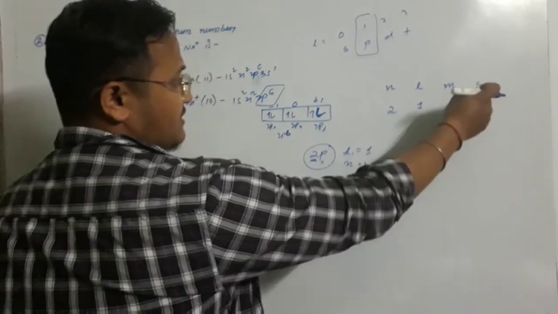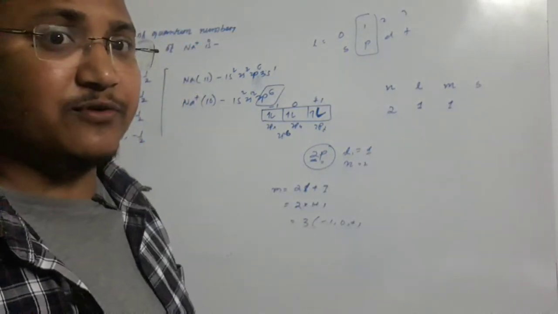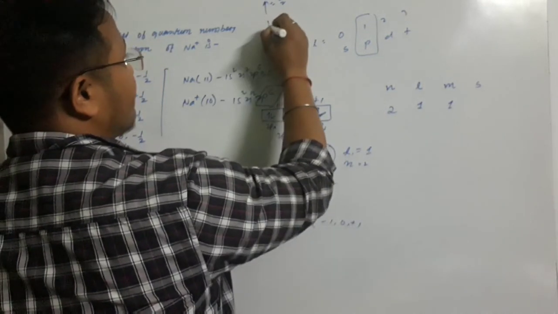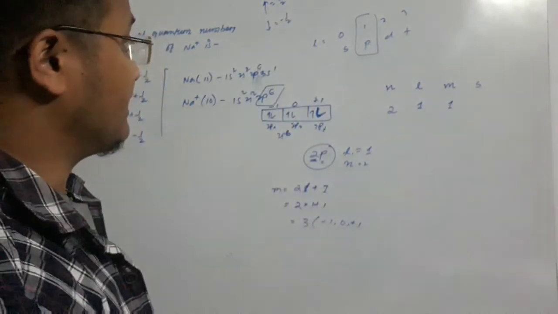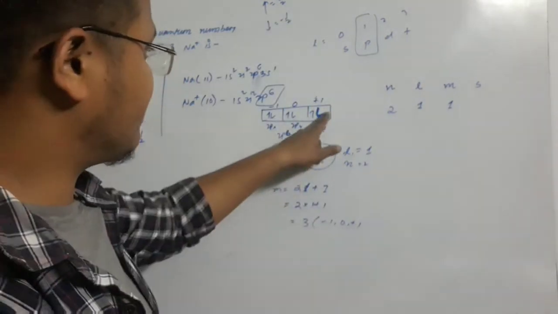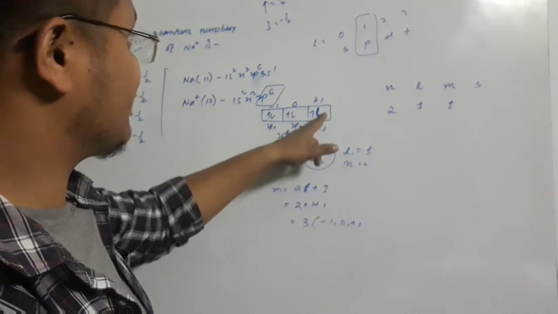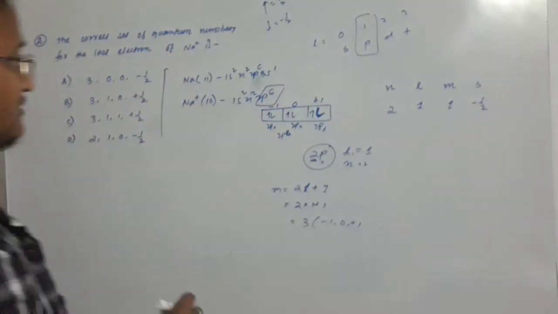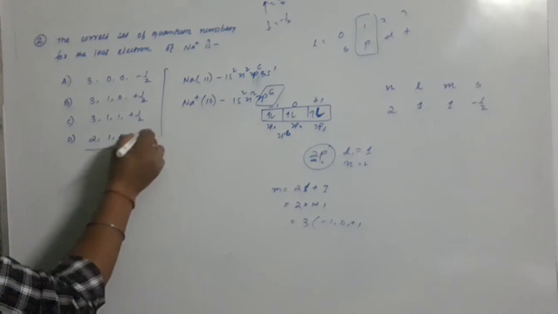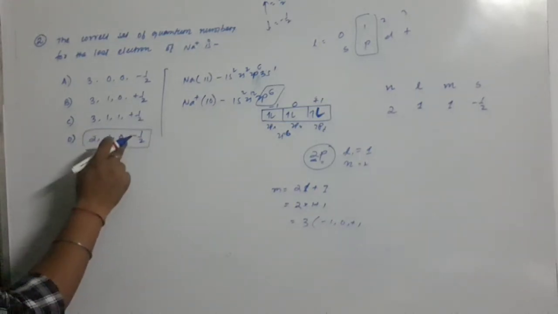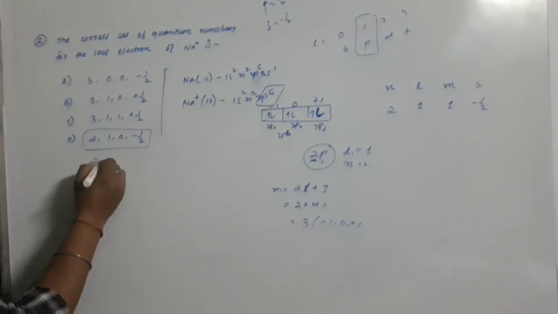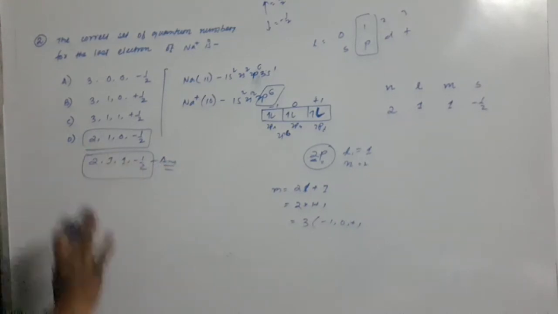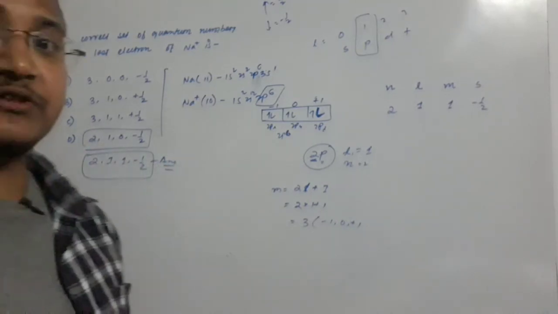And for the spin quantum number, it can be of 2 types, right? It can be minus half or plus half. When it is spin up, the value will be plus half, and when it is spin down, the value will be minus half. Now, the spin of the last electron in this case is down. That means obviously its value will be minus half. So the correct answer for this, I have not seen here. The last option is similar, but the m value is given as 0. But I don't think it will be 0, as I have provided the logic to you. Why it can't be 0. So the correct answer will be 2, 2, 1 and minus half. Okay.